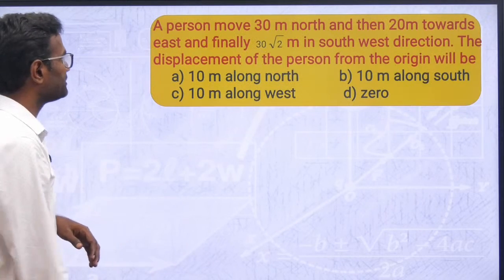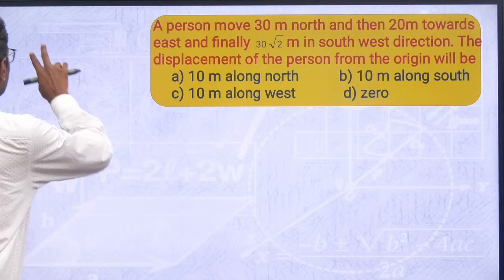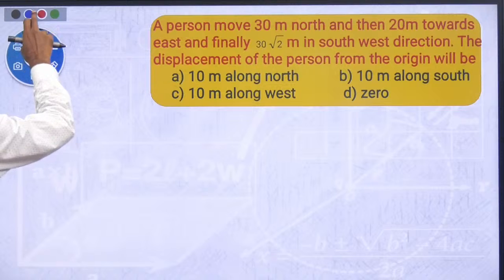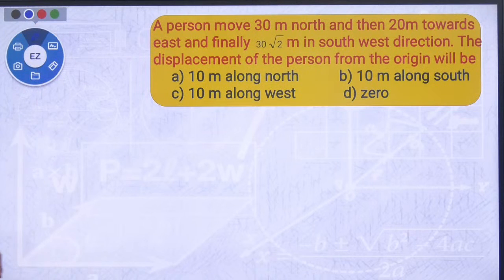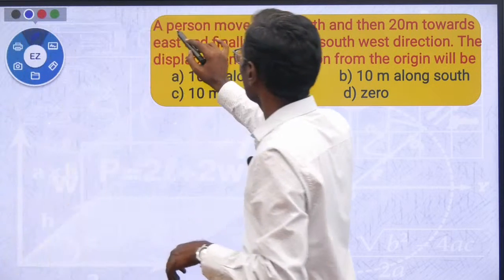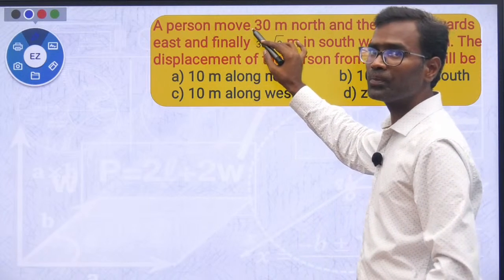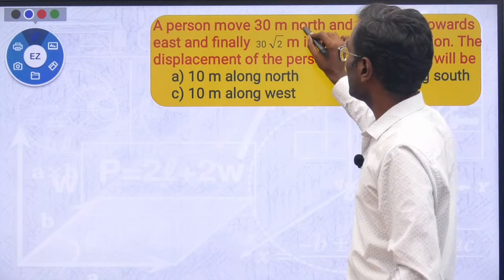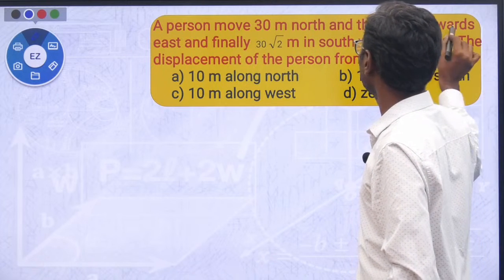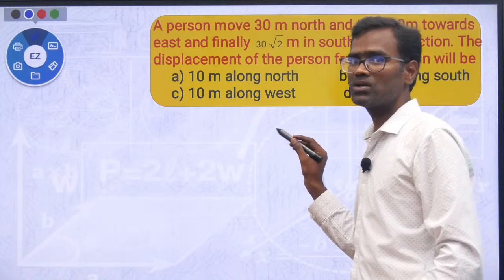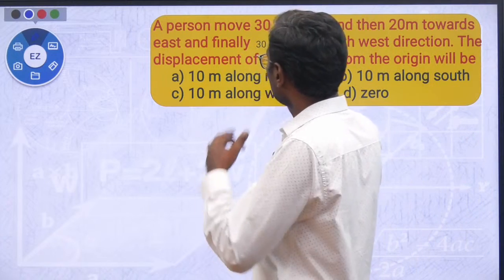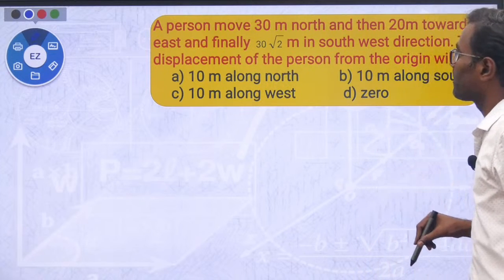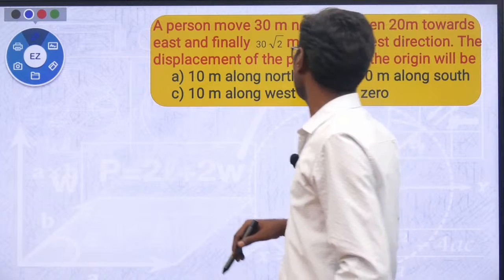So go to the next slide. Okay, in this, yeah, this is a very interesting question. Now a person moves 30 meters north starting. Initially he travels 30 meters north and then 20 meters towards east. And finally 30 root 2 meters in the southwest direction. The displacement of the person from the